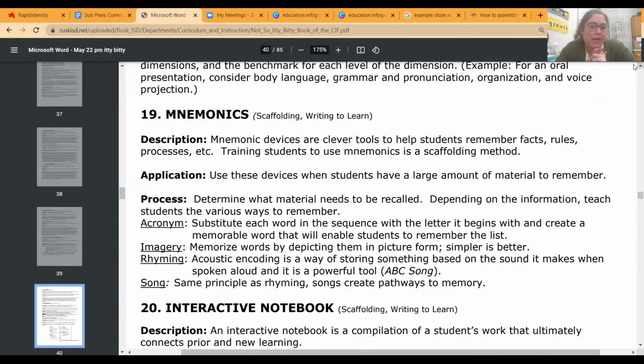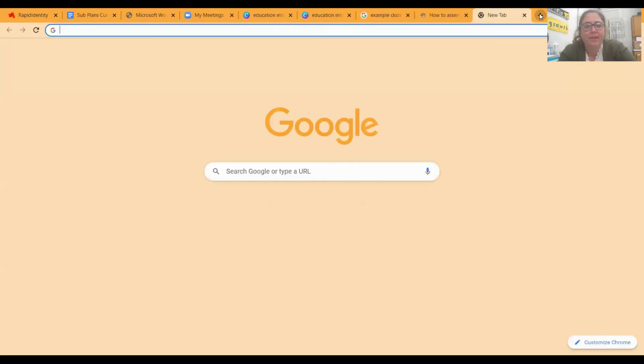So you've got your acronyms, you've got imagery, which is remembering a picture. Having them come up with a picture to help them remember something is a great strategy, and then looking at that picture over and over again to key their memory. Rhyming things, so coming up with raps, rhymes, poems, whatever, to help them remember is a good strategy. And songs. I like to use, let me show you,